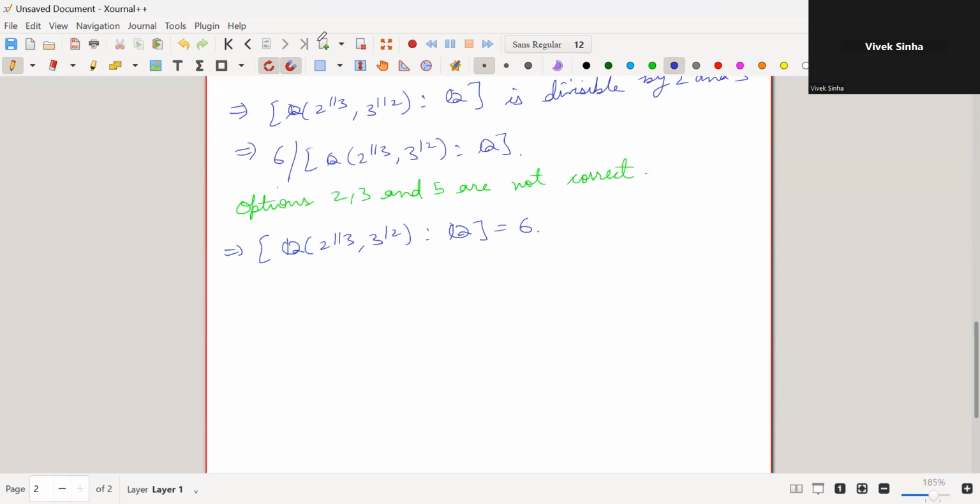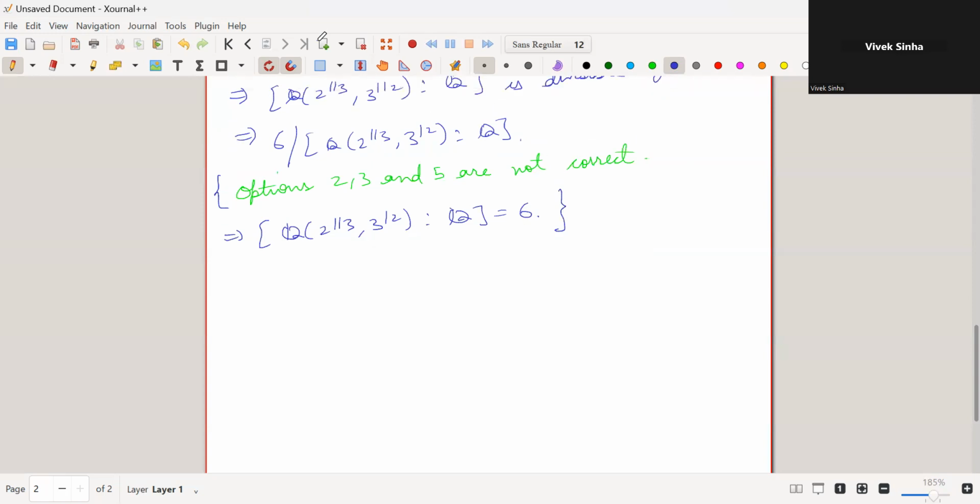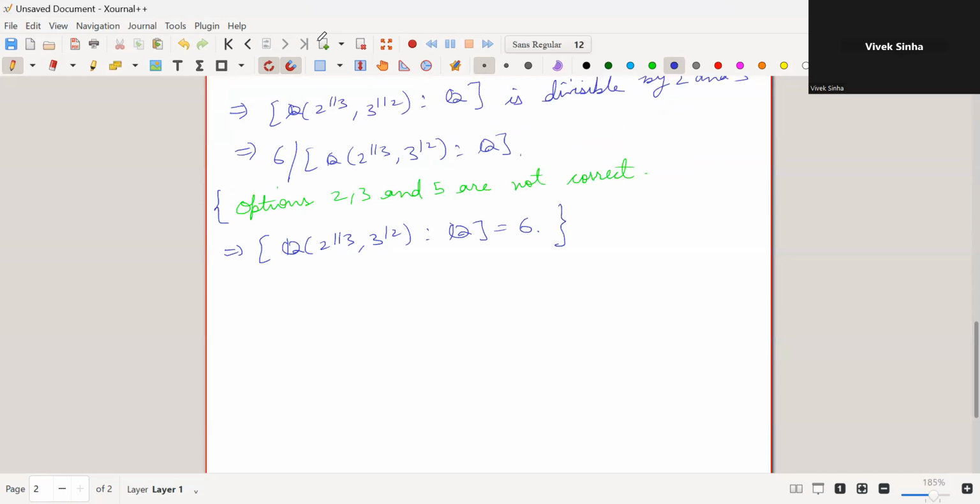So what if it's not an optional question? One way to answer it is in this way: if you just discard the options. But you might get an option like 12 or 18. Then you have to see whether the degree is precisely 6 or not. So for that, alternatively, what you can do,